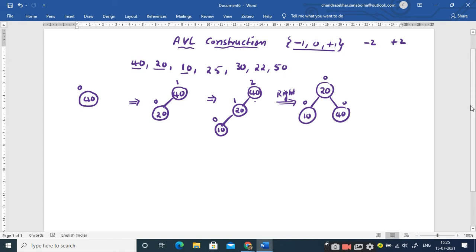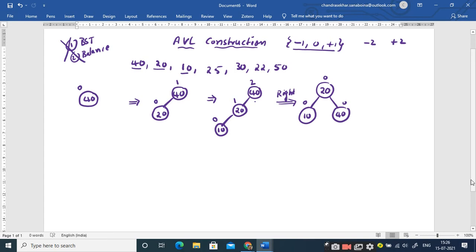So in this way you have to continue constructing the AVL tree, right? And remember one important point: the balance factor of any node cannot exceed -2 and +2, right? So one important thing you have to remember here is never ever construct the AVL tree by first constructing the entire BST and then trying to balance it. It will never work.